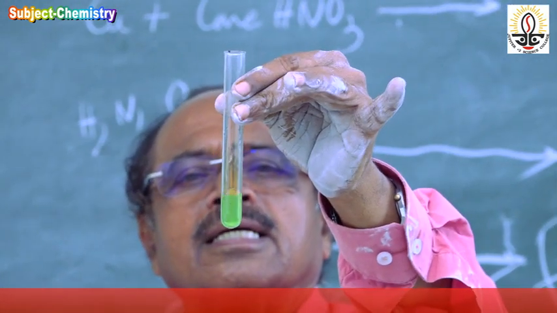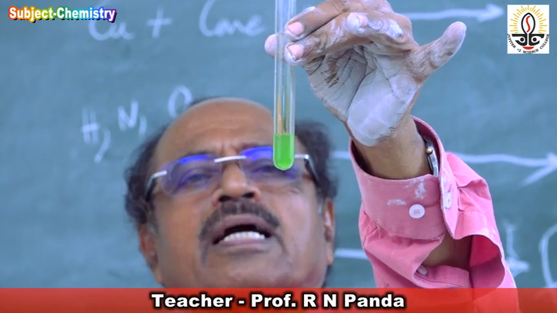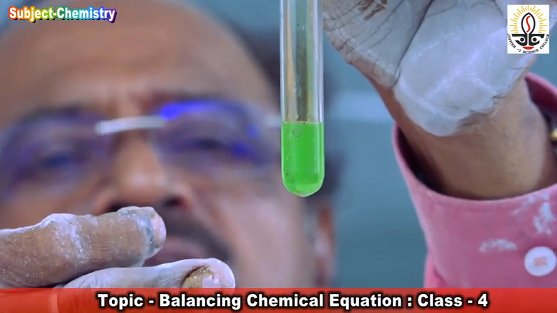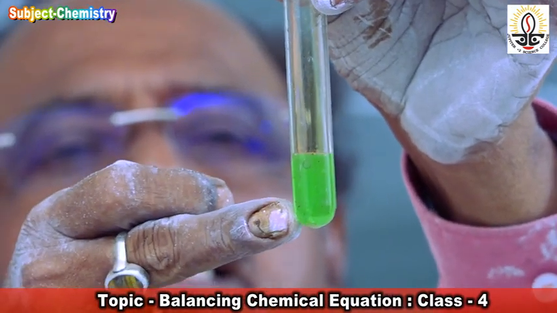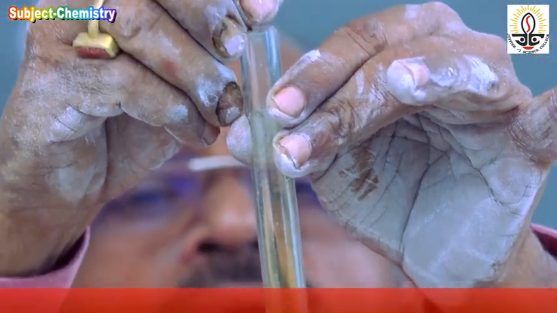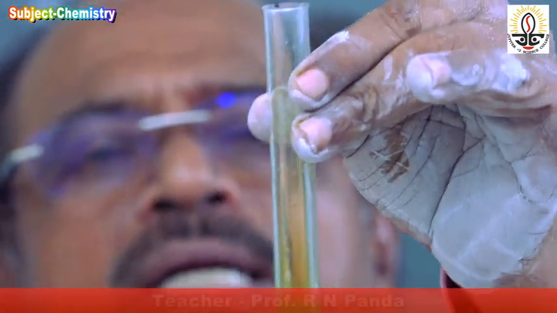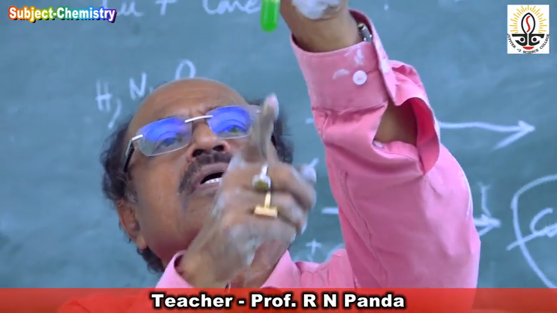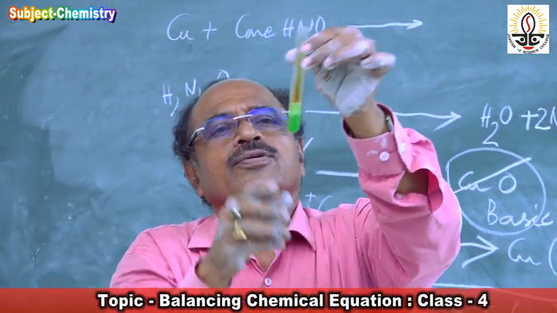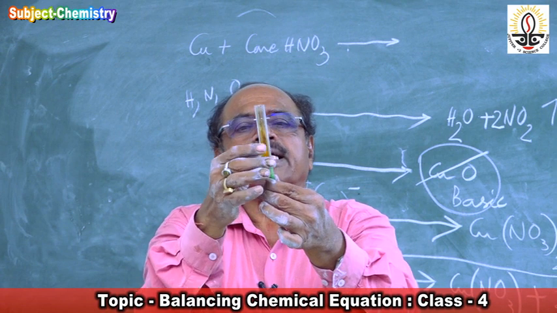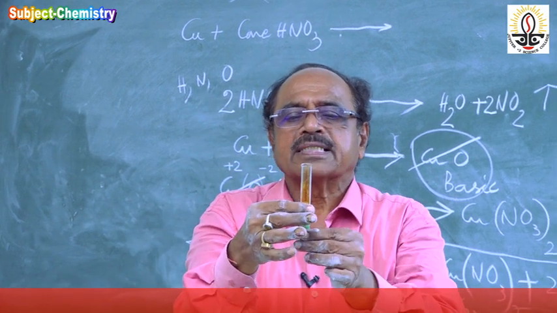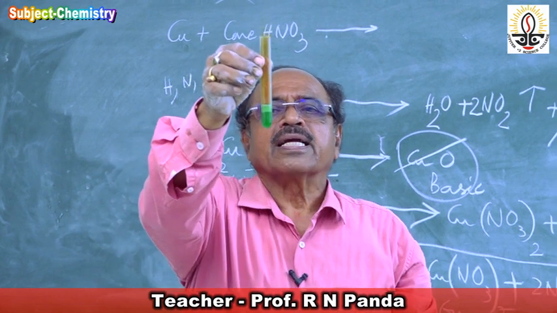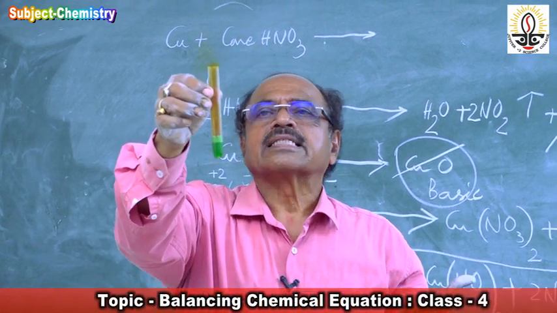See the reaction. The solution is changing, copper is reacting. Copper is forming copper oxide, then copper oxide is acted upon by nitric acid. You add a little more, then the reaction goes on. You get the brown gas. The brown gas is nitrogen dioxide. You see at the bottom this green solution, and you have the reddish brown gas. That reddish brown gas is nitrogen dioxide, and this green solution is our cupric nitrate, and this is the way the reaction is going on.